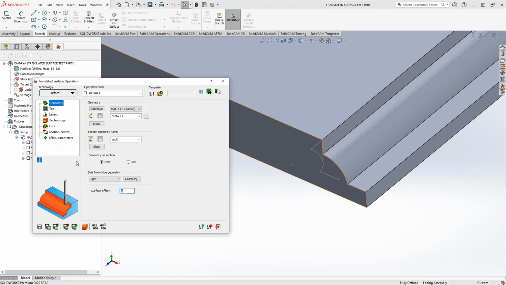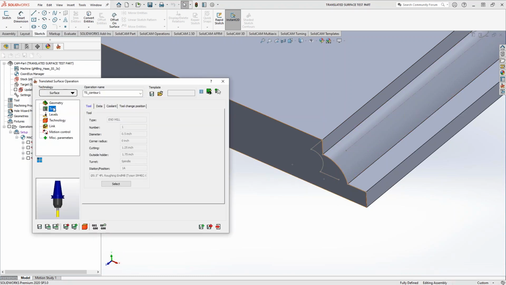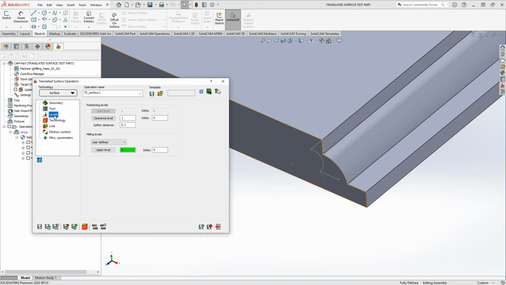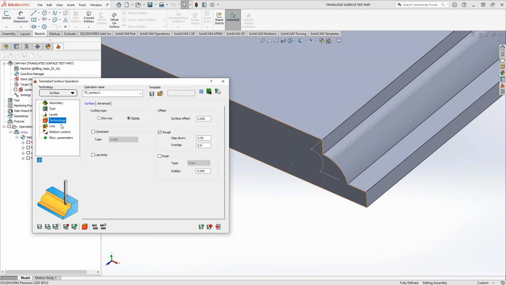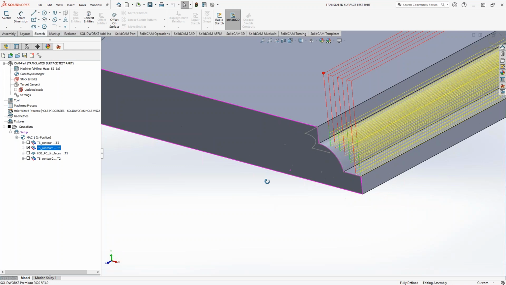And then again, surface offset set to 0. In this case, I'm using a flat end mill, so I'm roughing this out. My levels, upper level, under technology, I'm doing zigzag. I have a surface offset because I'm roughing, and I've given it my overlap, so I'm overlapping by 80% of the tool diameter, and my step down is 50 thou. If we take a look at that, it generates